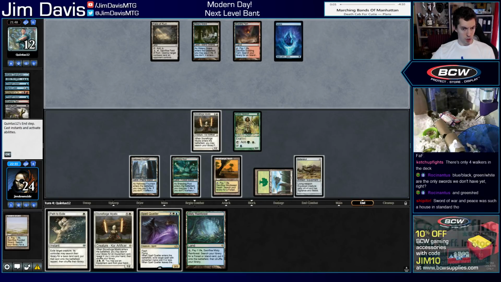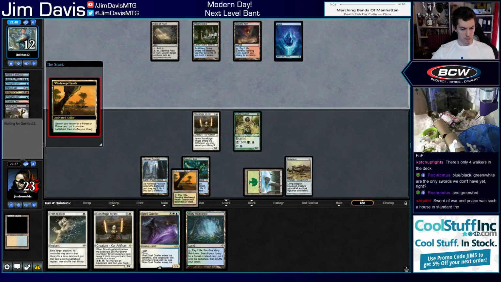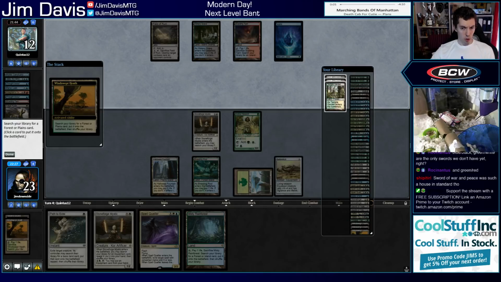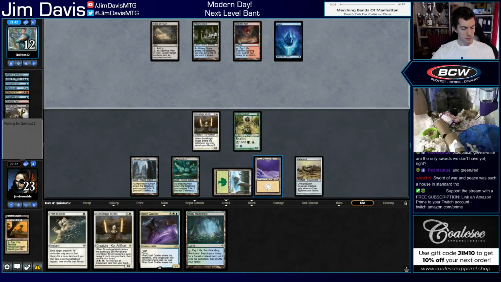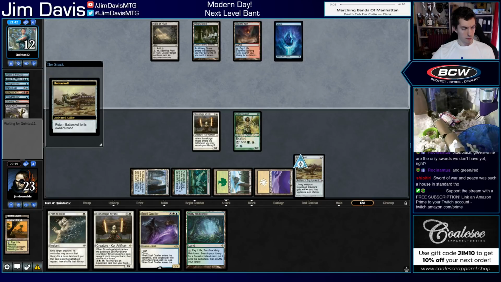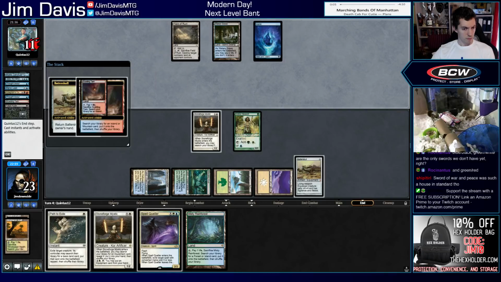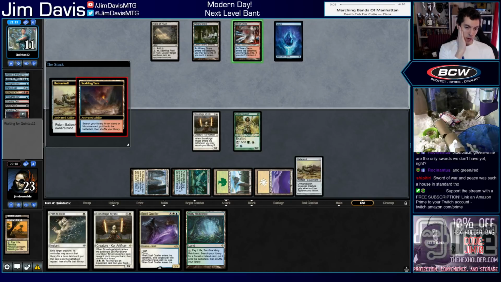I guess we're going to return the Batterskull. They could kill my Stoneforge in response. I think it's fine, though. They have Kolaghan Commander. It's a little gross, but... Alright, so let's get Plains. So they have Kolaghan Commander. It's pretty awkward here, but we do have enough Stoneforge and a Queller, so...